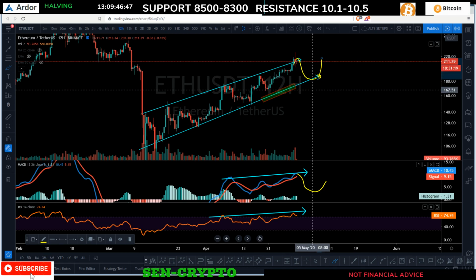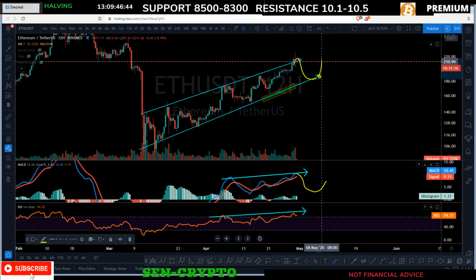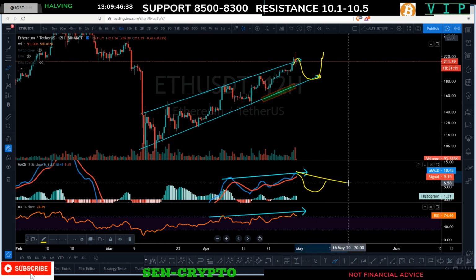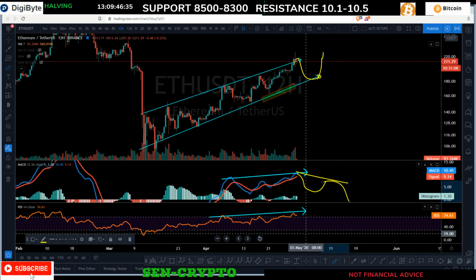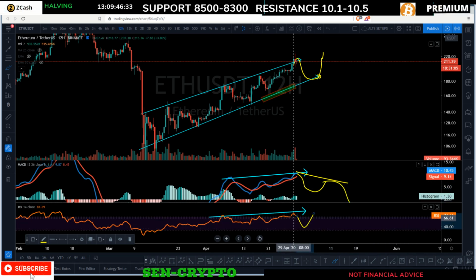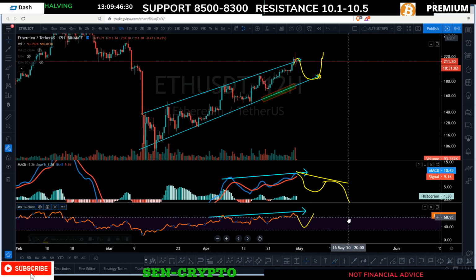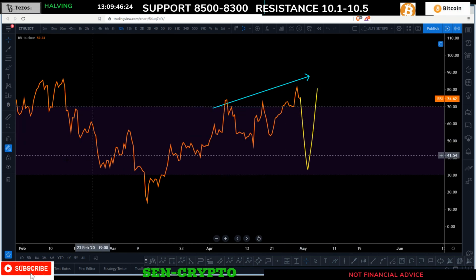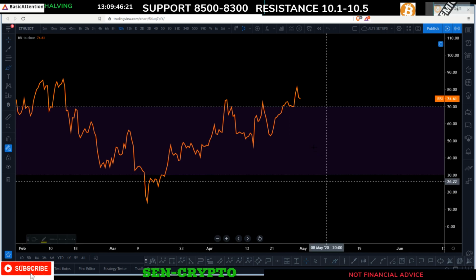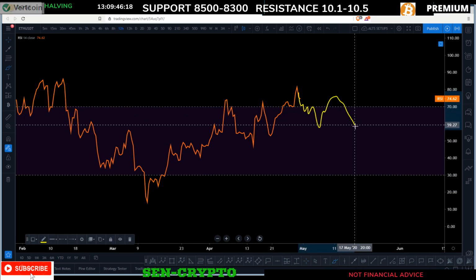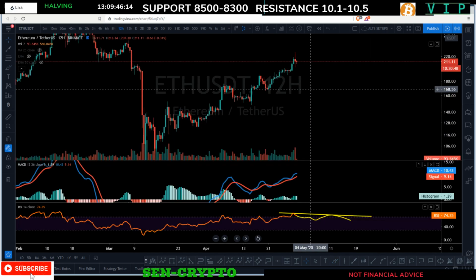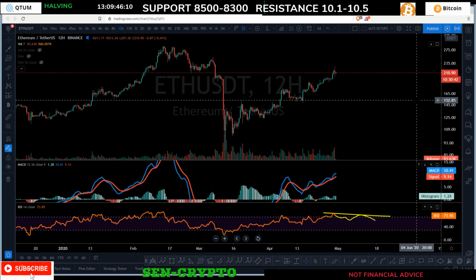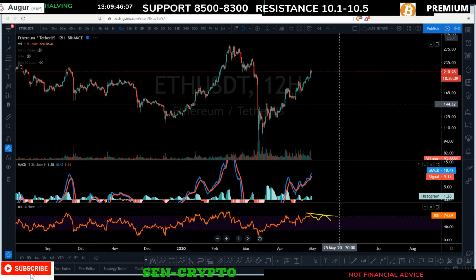We want Ethereum to drop lower down to like 170, 180 and push back up, try to retest like 220 to 230, and we want our MACD to be fading away and give us this divergence down, right? RSI would be doing the same thing. You would be expecting some sort of a V shape. It's not going to be this big, but let's see. It's going to make a lower high, and you could be expecting Ethereum to start fading away. That's the only bearish setup I'm seeing for Ethereum, right?